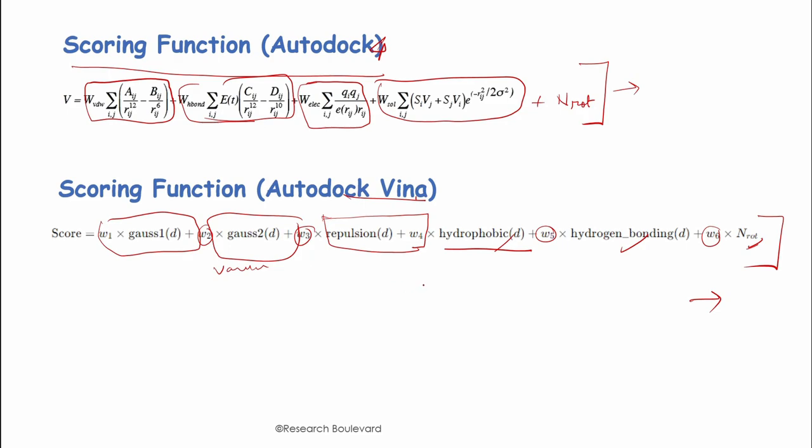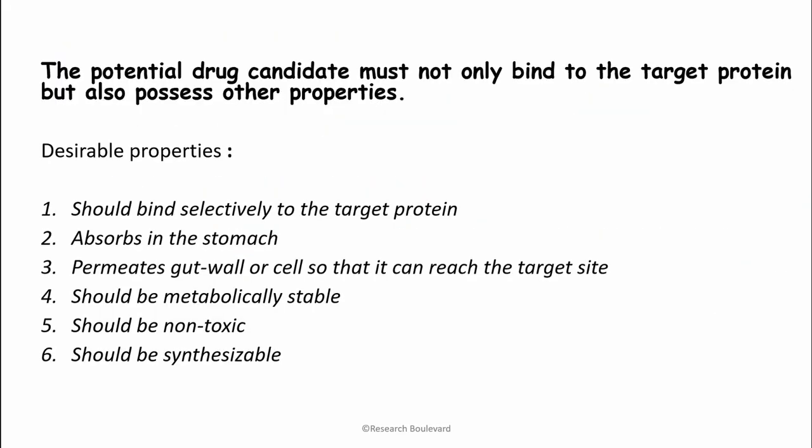Let's say you have predicted it to have high binding affinity. Let's say -14 is your predicted binding affinity score, and when you did the experimental study you also get, like, if it is in the terms